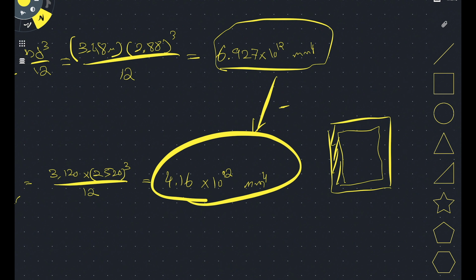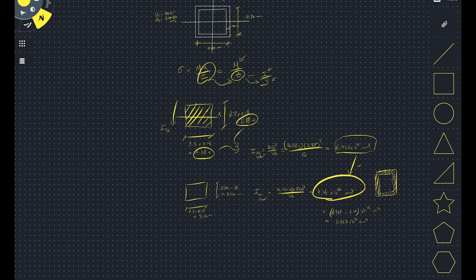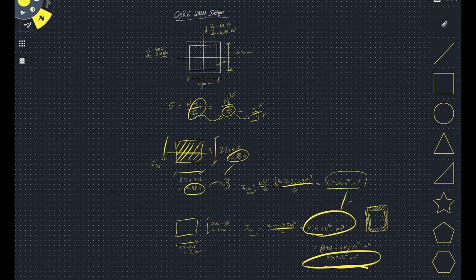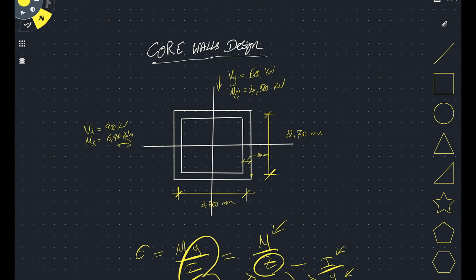So I'm left with the I of this 180 thick core. That gives me 6.927 minus my 4.16 times 10 to the 12 millimeter to the power of 4. That is 2.767 times 10 to the 12 millimeter to the power of 4. So now I've worked out what is my I of the core about the x-axis, which is resisting my Vy